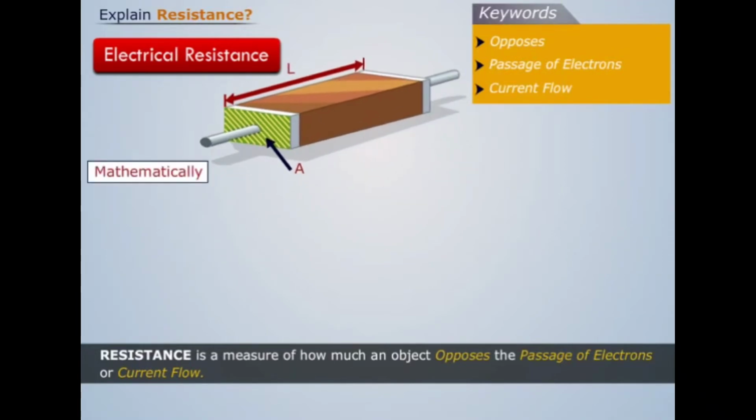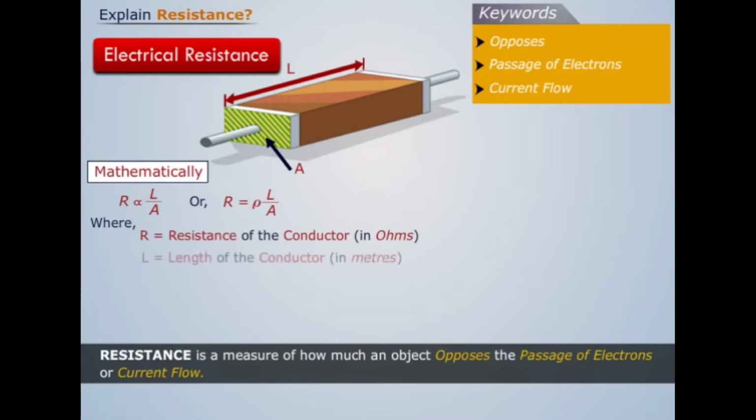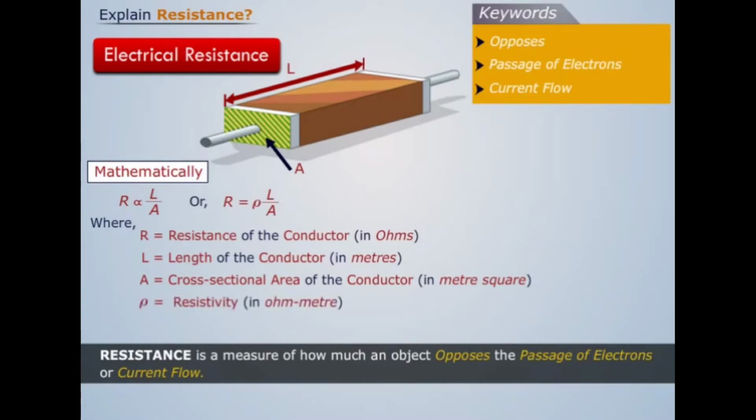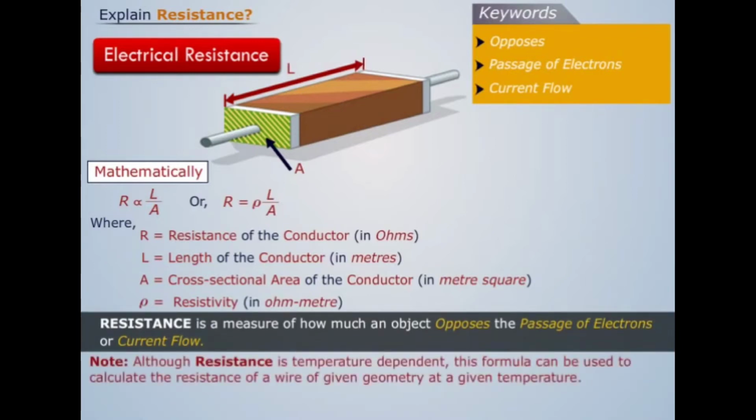Mathematically, electrical resistance is expressed as R, where R is the resistance of the conductor in ohms, L the length of the conductor in meters, A the cross-sectional area of the conductor in meter square, and rho the resistivity in meter ohm. Note that although resistance is temperature dependent, this formula can be used to calculate the resistance of a wire of given geometry at a given temperature. The related terms are